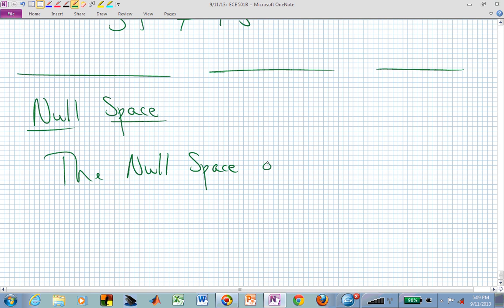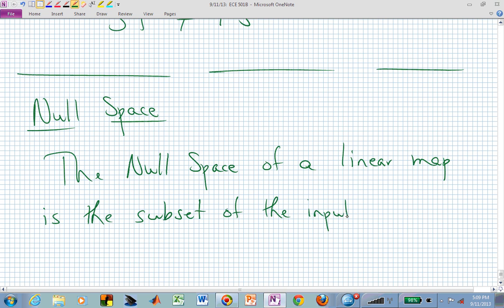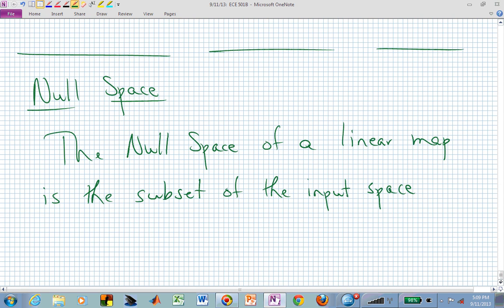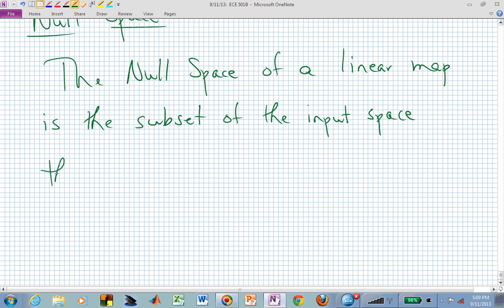The null space of a linear map is the subset of the input space. That's this vector space capital V. So we're looking at a subset of that space that maps to the additive identity in the output space, that maps to 0